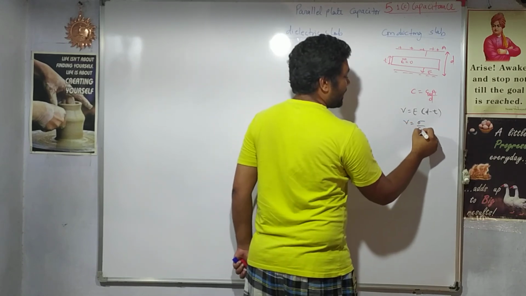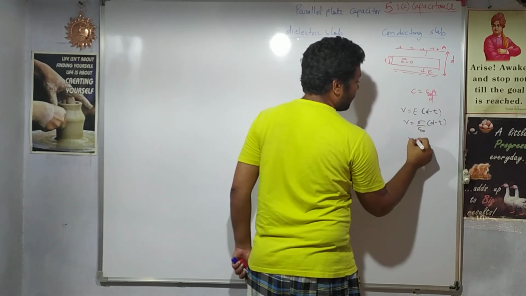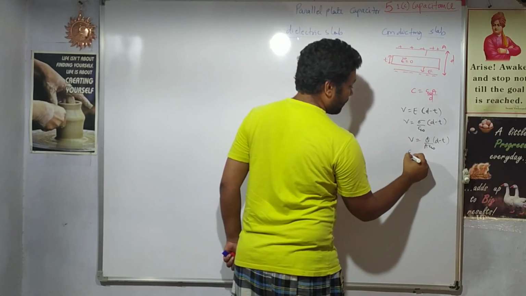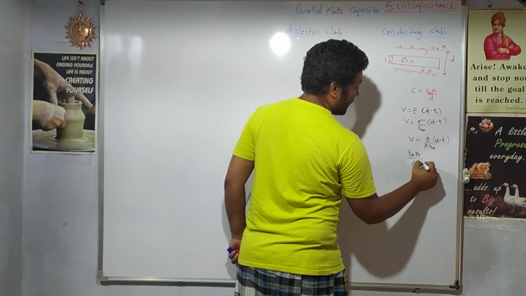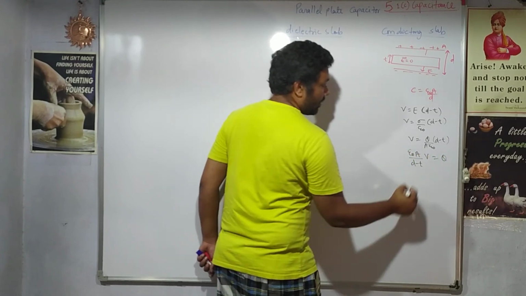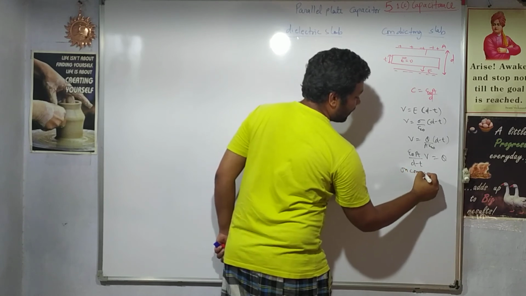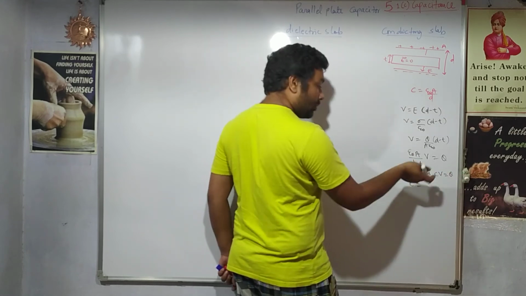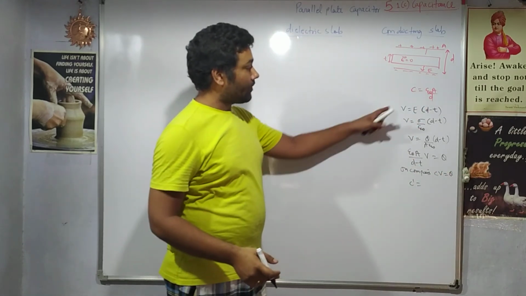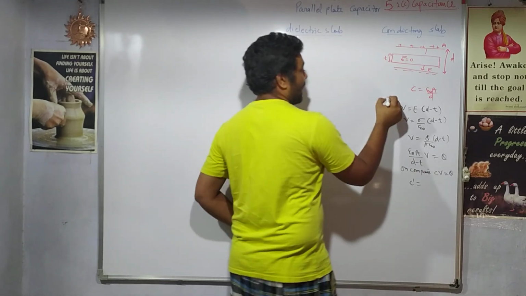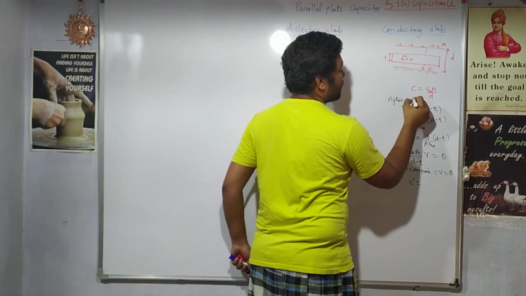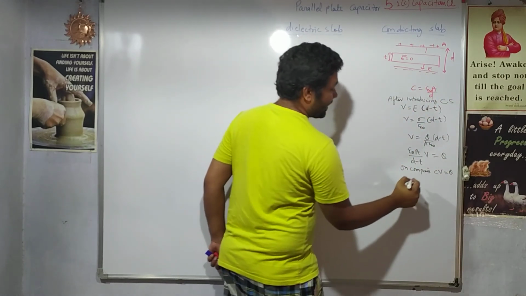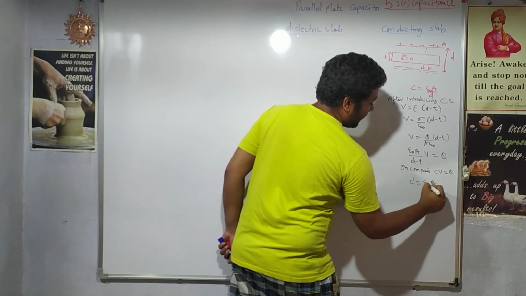Electric field can be given by sigma by epsilon naught. Solving further, Q by A epsilon naught into D minus T. Solving further, epsilon naught A by D minus T into V is equal to Q, right? On comparing with Q is equal to C V, we get C dash, the new capacitance. Originally it was this, but now after introducing the conducting slab, the new capacitance will be epsilon naught A by D minus T.